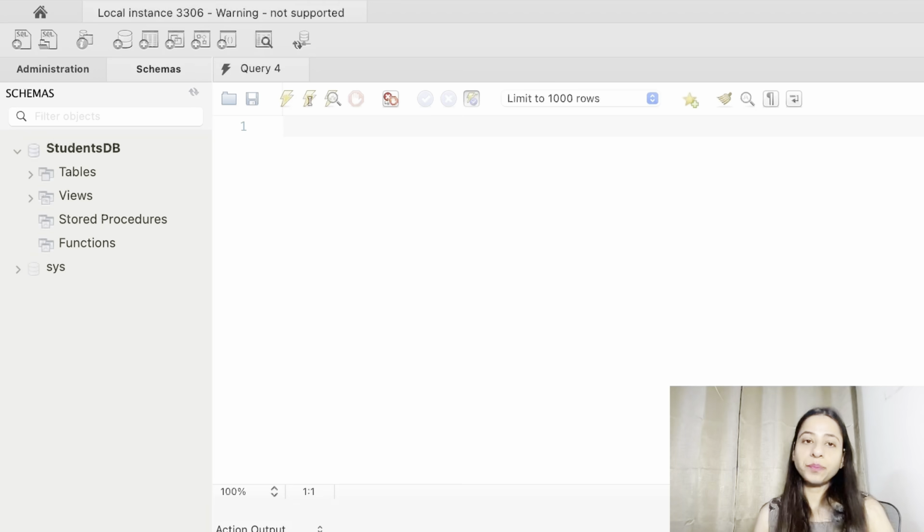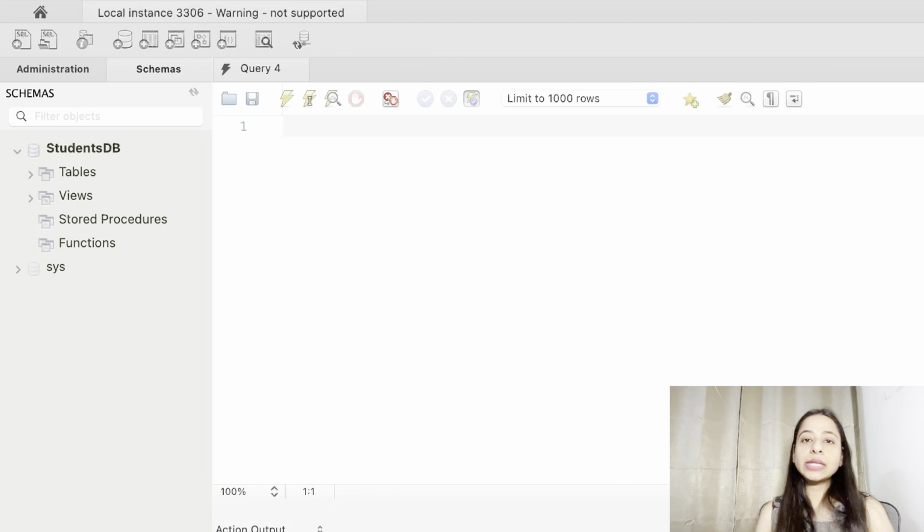So let's get started. What are aggregate functions? Aggregate functions in SQL take multiple rows of data and return a single summary value. Think of it like a calculator which can quickly count, add the values, find the highest and the lowest value of the data, and even calculate the averages.